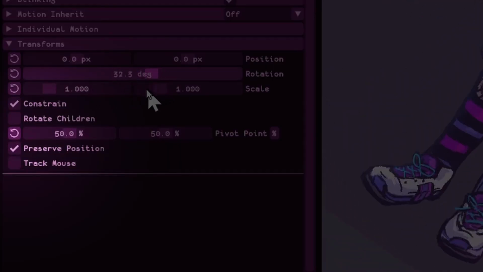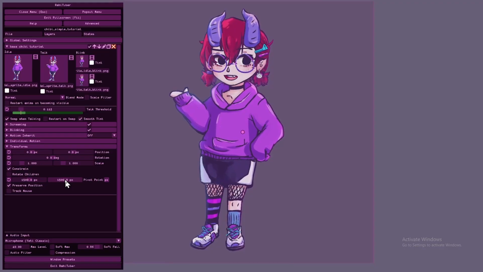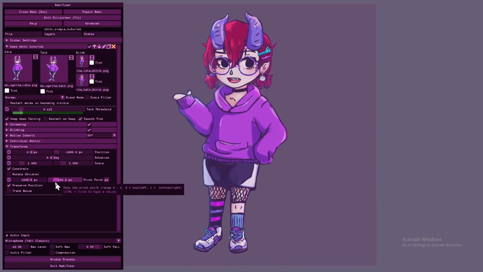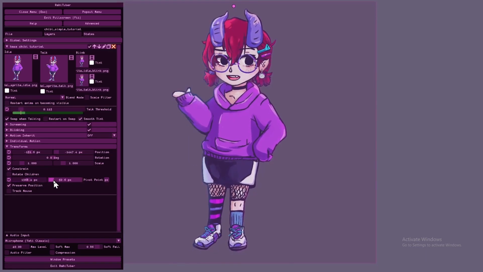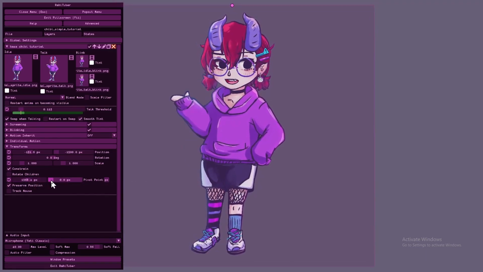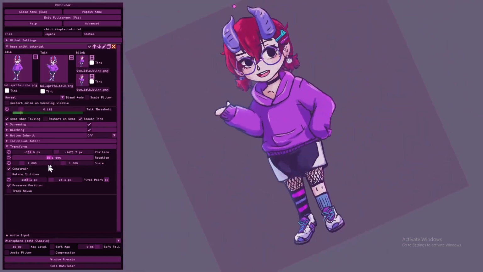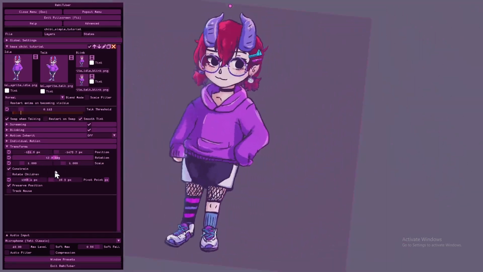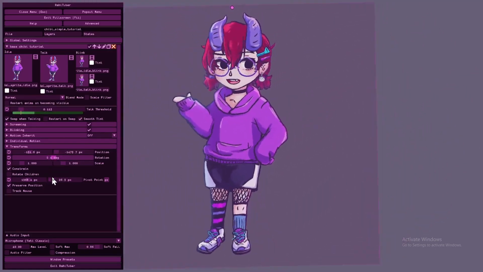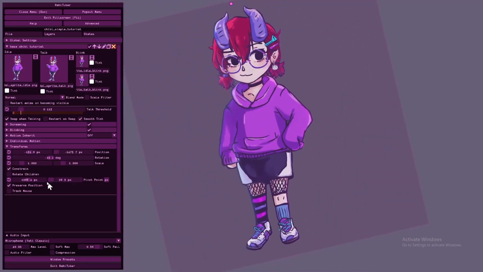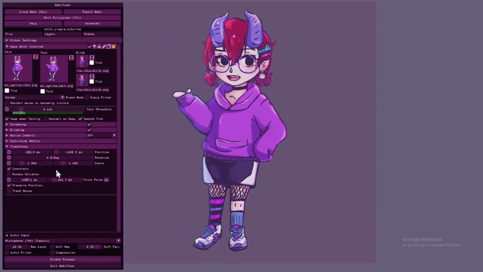I forgot to talk about this preserve position toggle as well. That affects the pivot point. So when you don't have it toggled on and you're moving the pivot point, it'll actually move the whole layer instead of just the pivot point. I didn't record anything to demonstrate that, but for the most part, I don't have any specific use cases for why you would want to move the whole layer when you're adjusting the pivot point. I think that setting is there because Rahi was worried about existing setups being affected when the method of moving the pivot point changed, because beforehand it would move the whole layer.